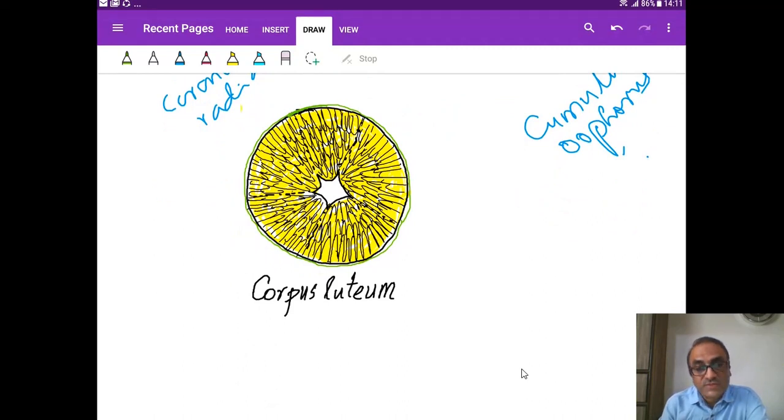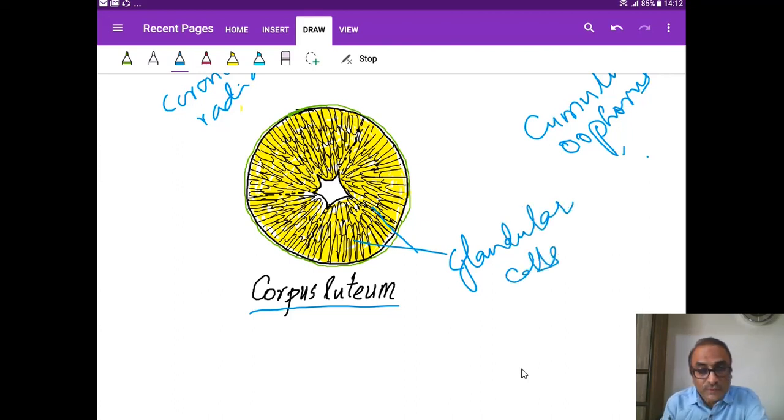This is the corpus luteum in section, and this structure is formed, as I have told you, from the remaining cells and tissues of the already ovulated Graafian follicle, and under the influence of luteinizing hormone, it becomes an endocrine gland called the corpus luteum. We can see the cells are radiatingly arranged. These are the glandular cells